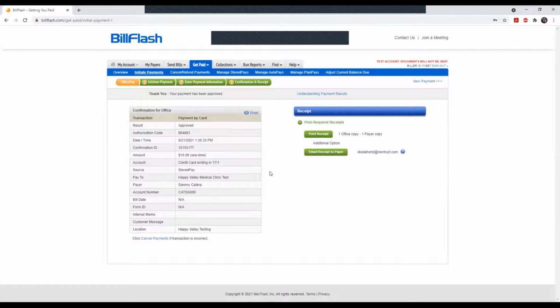So if a patient owes, for example, $200, if there is no cap, it will pay it in full. If there is a cap, let's say $150, it's only going to pay $150 at a time. The Autopay is triggered by a statement. So the way it works is you set up an Autopay